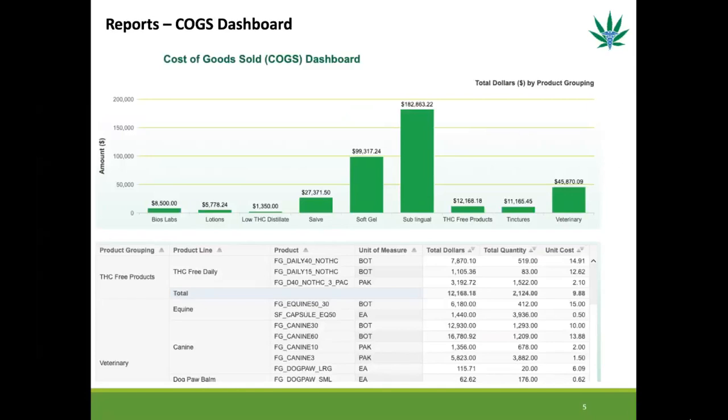So Jake has a few report examples here that provide both a graphical display as well as a standard, almost Excel-based version. So there are multiple ways to break down product analysis that we have, and that ranges from revenue to cost of goods sold to individual profitability. So this report that Jake has here in front of us is a cost of goods sold report,